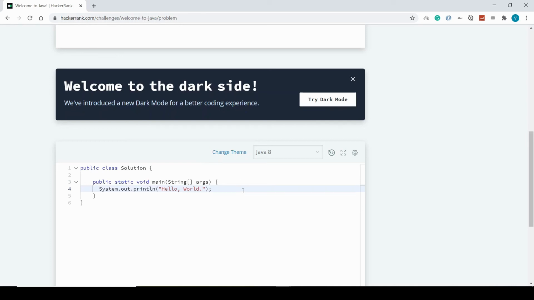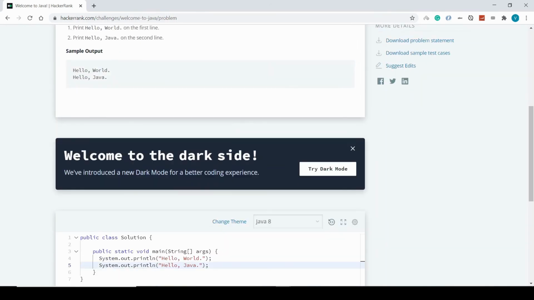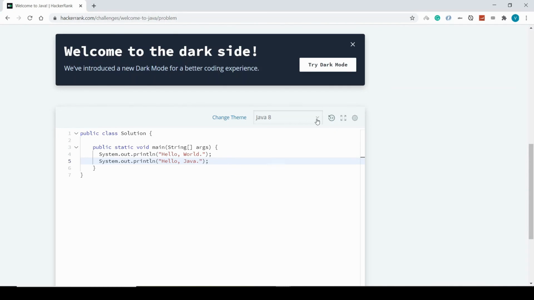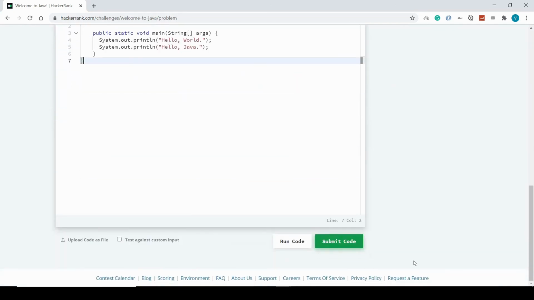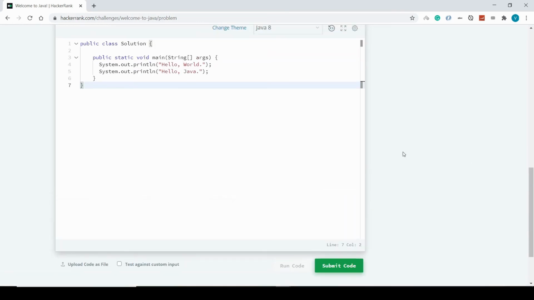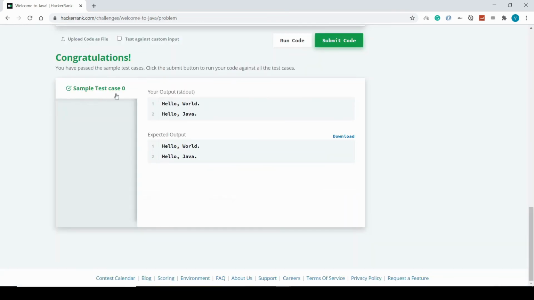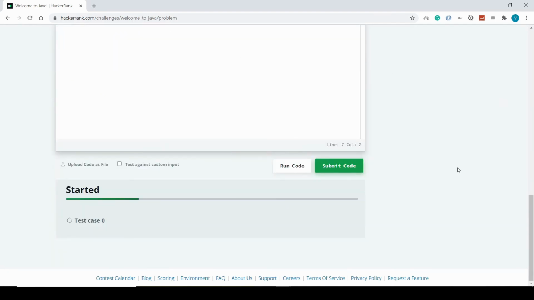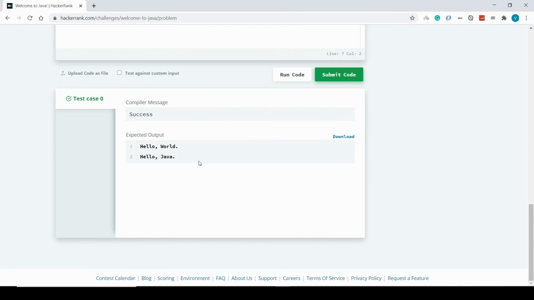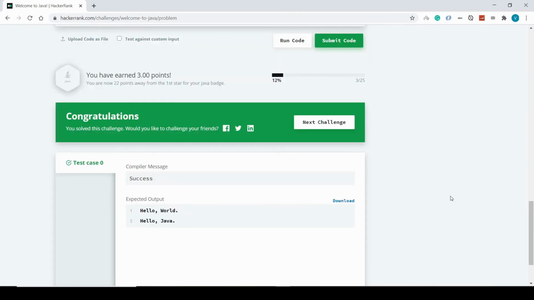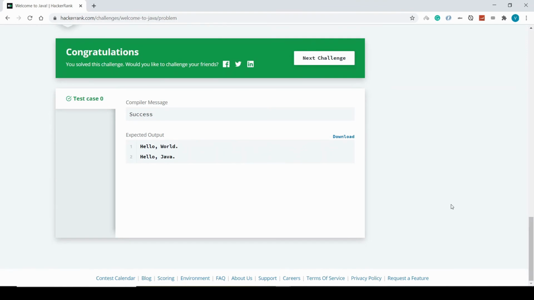Please bear in mind that you need to be really precise in what exactly you are typing, because the IDE in Hackerrank is going to assess every single comma, every single letter. So here we can choose the version of Java. Let's run the code, and success, sample test case 0. So we're going to submit the code, and as I said, this is a really simple task. This is just to show you how the theoretical and practical tasks are going to be bound together on our Java